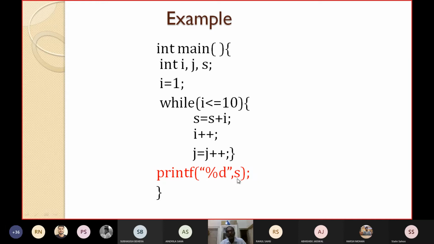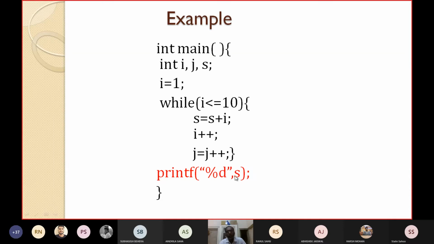You can see that s is affected by the place where the value of s is defined, here s = s + i. But since it is in a loop, the next value is determined by i++. So I have to go to this i++, and then where i is defined, i = 1, and this loop is controlled by this while statement.